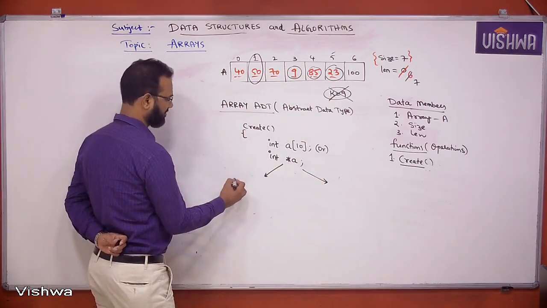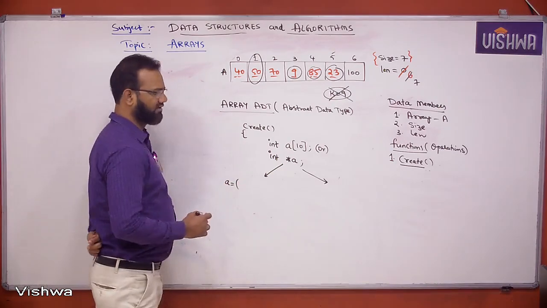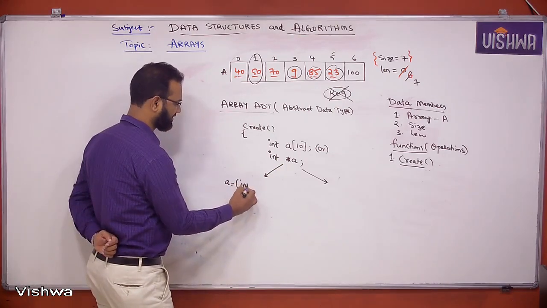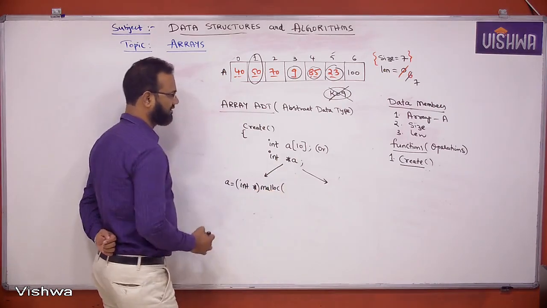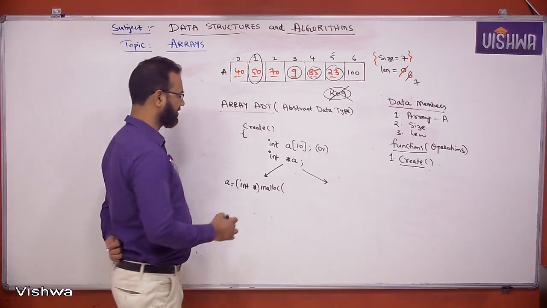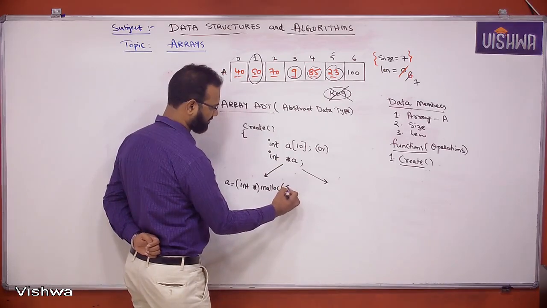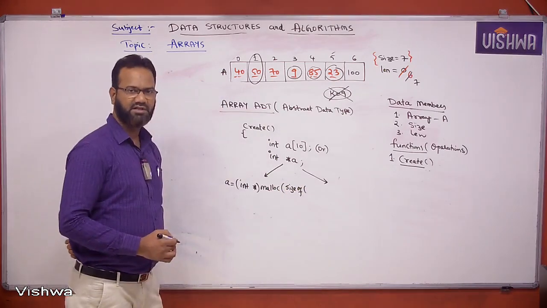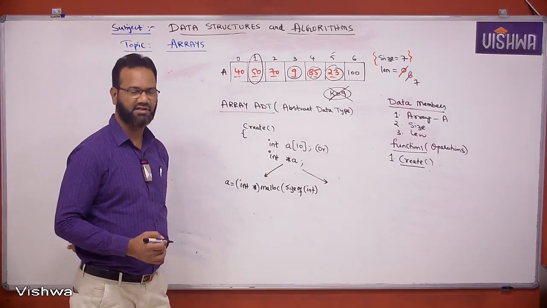In C language, you will be allocating the memory something like this. A is equals to, typecast it, because the malloc function returns a pointer of void type. Here it's going to be int asterisk, which is going to use the malloc function. Based upon how much size you want for that integer, you specify the size over here, or if you want to calculate the size, you can use the sizeof operator. Size of integer,